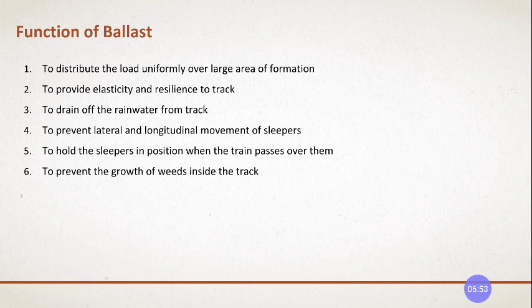Weeds means what? The unwanted plants that grow around the track or anywhere. Unwanted grasses that will grow, the plants that grow unwanted, which are not of use. You call it jungly trees, right? Jungly plants that grow near your house also. And if there is an open space and it is left as it is, the small plants start growing there, and it is not of use. So such plants and grasses are called weeds, right?